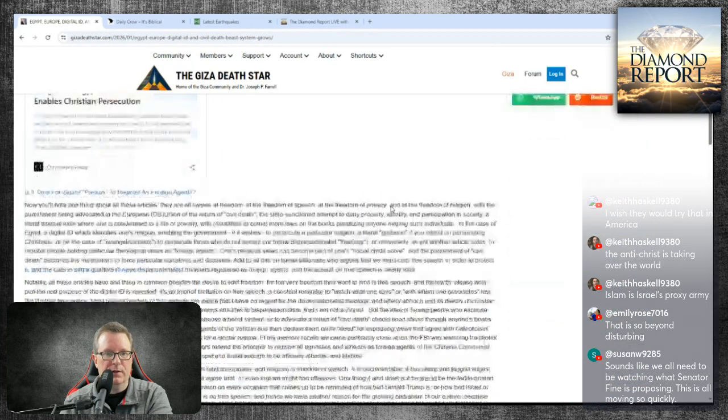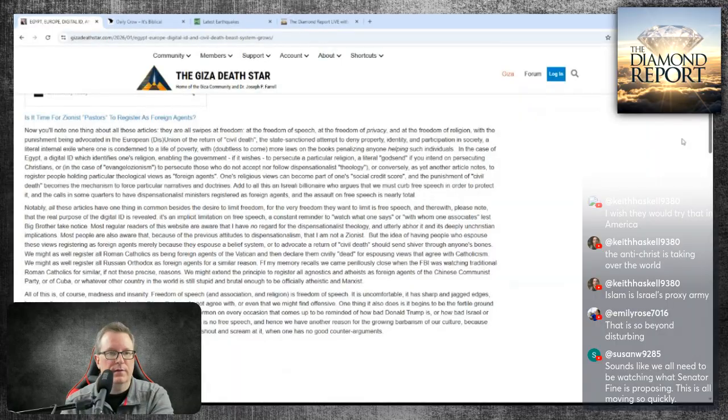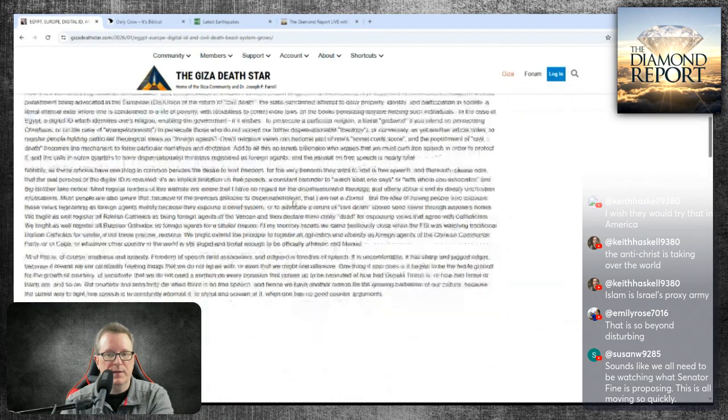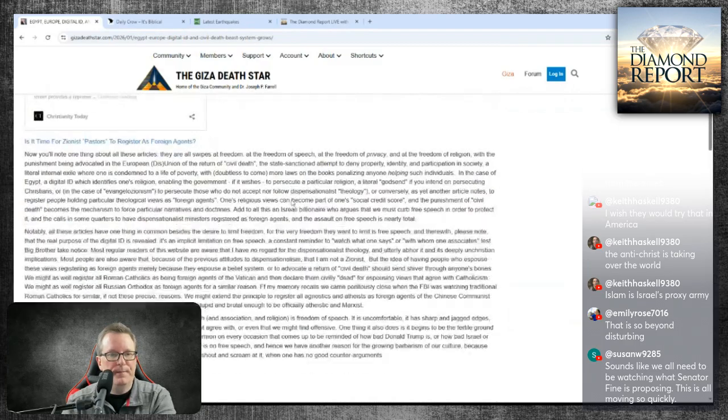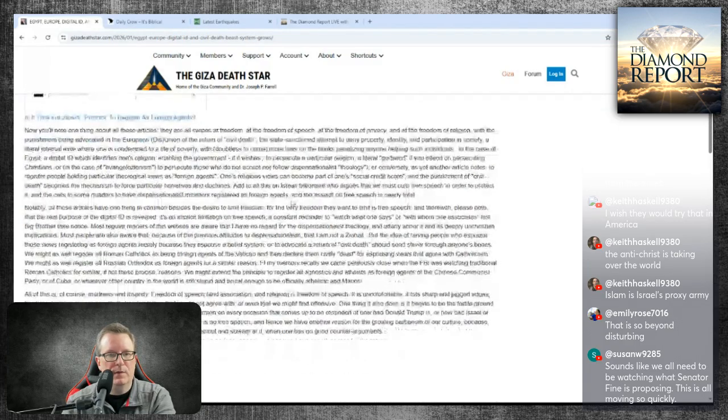So how about that for a collection? So there's quite a bit here. Mostly I just wanted to mention that that's what this article was about. But yeah, you'll note one thing about all the articles. They are all swipes at freedom. At the freedom of speech, freedom of privacy, freedom of religion, with the punishment being advocated in the European Union